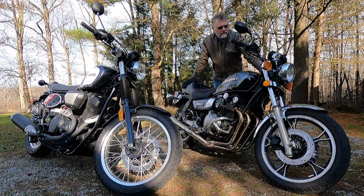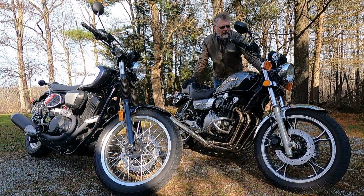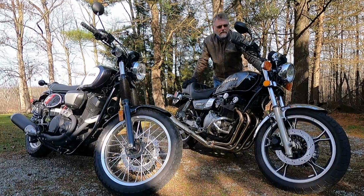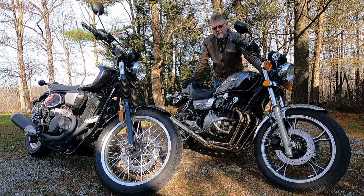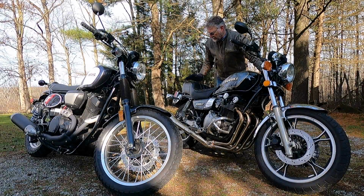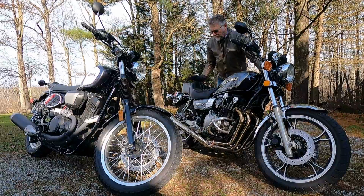In contrast, on the 83 Suzuki, I have a nice speedometer, I have a fuel gauge, I have a gear indicator, and most important really to me is a tachometer that tells me when I'm getting close to the max RPM of the engine. Comfort-wise, believe it or not, even though this is an original seat from 1983, this is